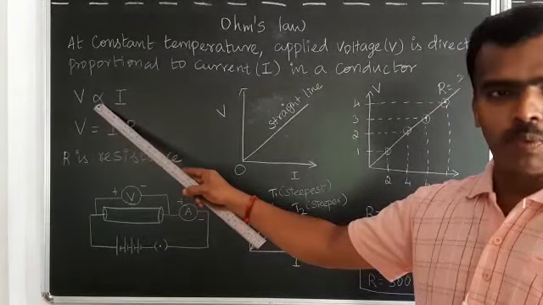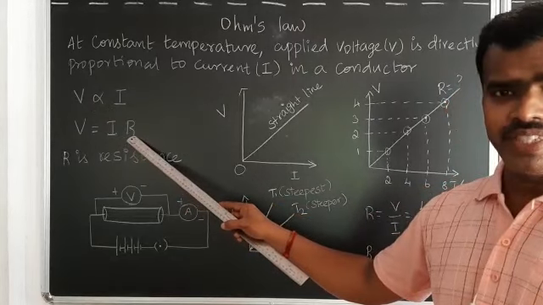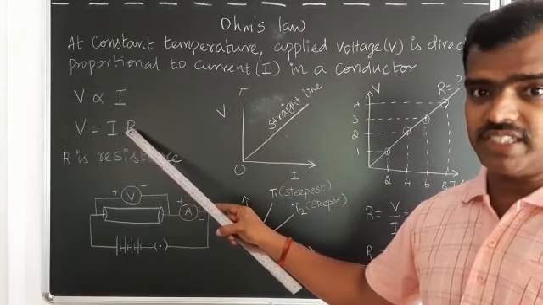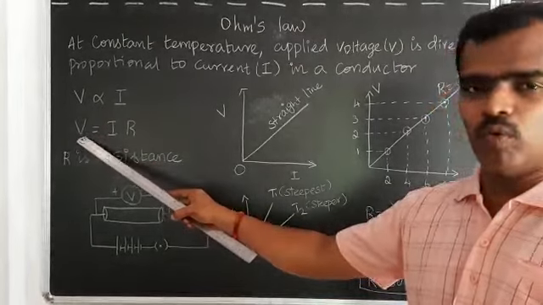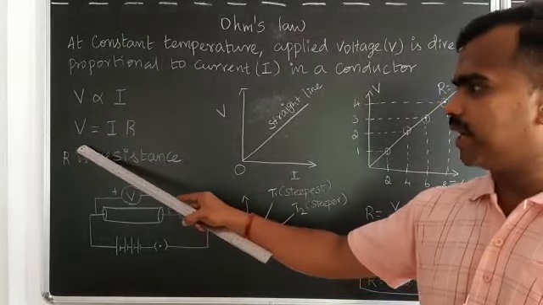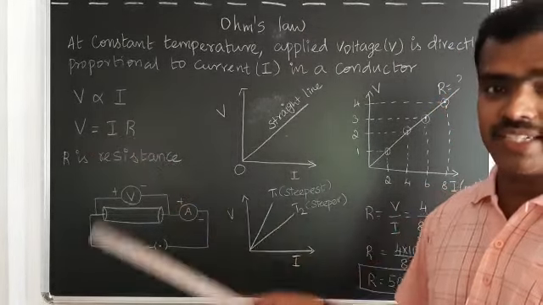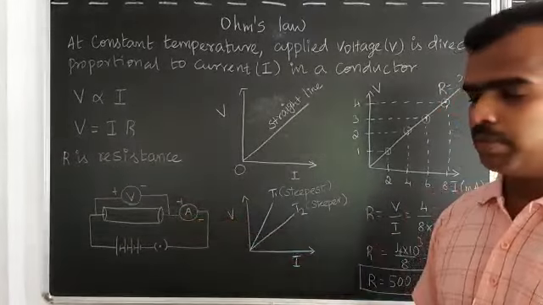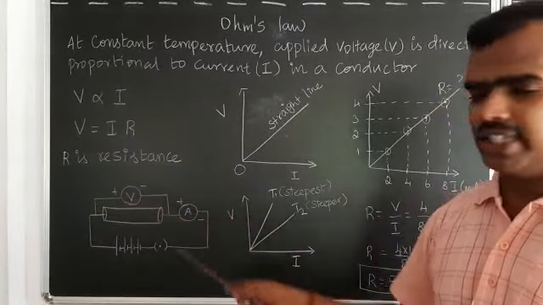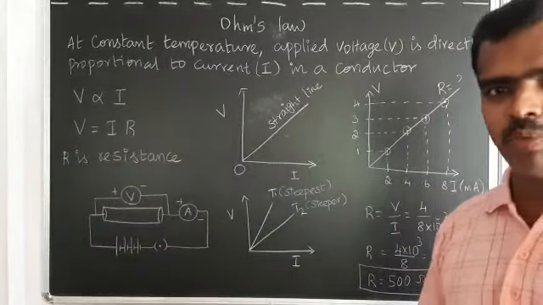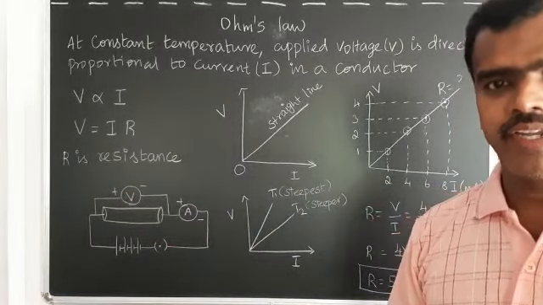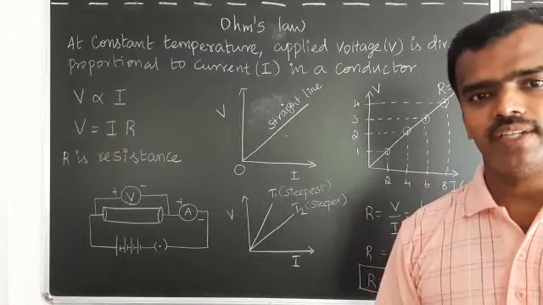If you are removing this proportionality, we should add one constant. That constant is called resistance R. Therefore I can write V equal to IR. V is applied voltage, I is current, R is resistance. So from that only we can find out the resistance. From Ohm's law we can calculate the resistance value of a given conductor,